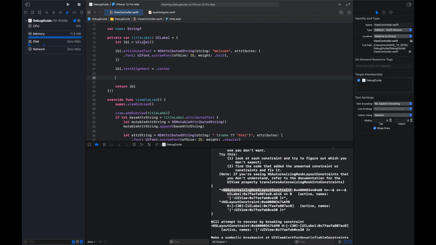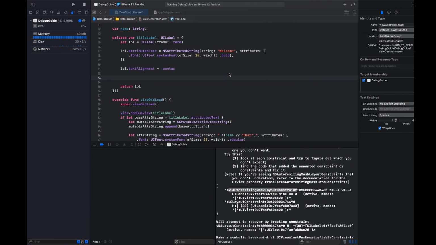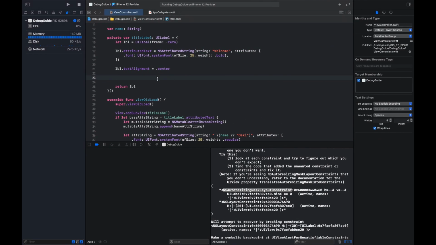And in this case, because we initialize UILabel without a frame, what we are implicitly saying is that we initialize it with a frame of 0, and by default, this frame 0 will be converted into constraints, which will essentially make our UI components invisible. So to disable this behavior, the behavior of converting the frame into an autoresizing mask